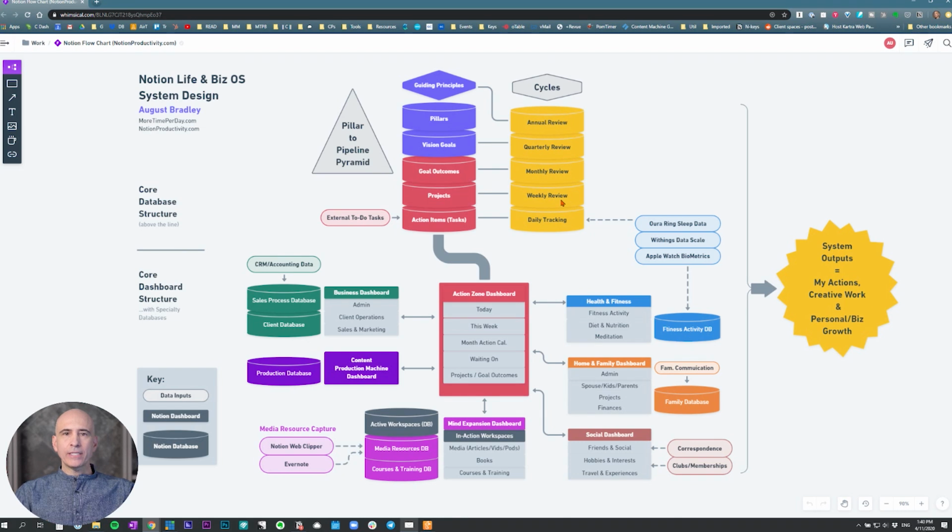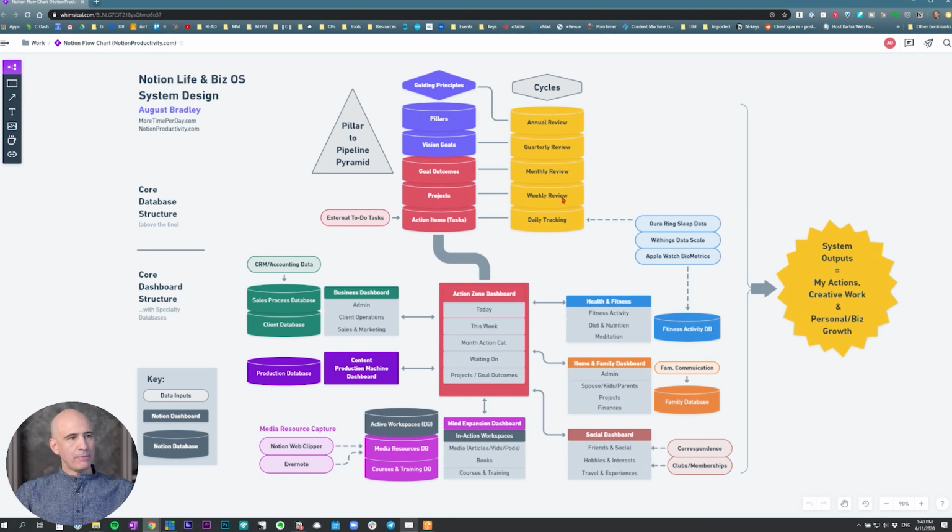So this is basically the weekly entries in their own database, where I review the past week, what was successful and what was not successful, highlights and disappointments, and I map out what I want to happen the next week. We'll do a whole video on these reviews and how these review databases work.